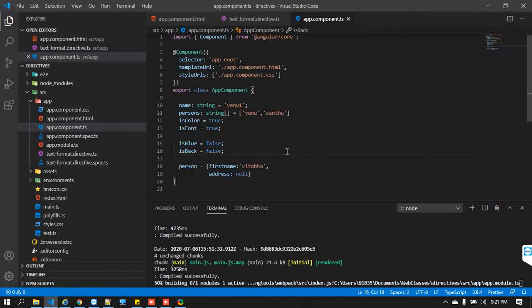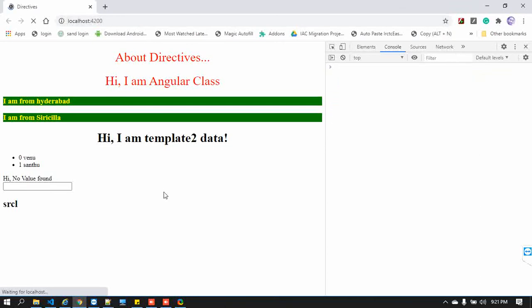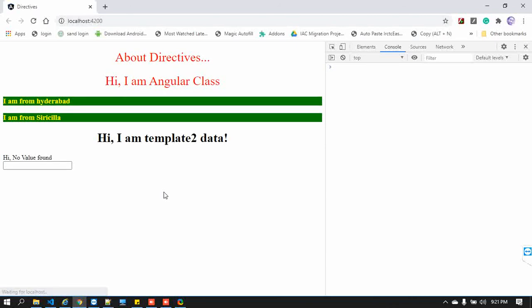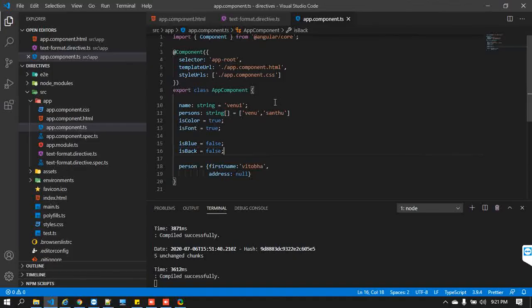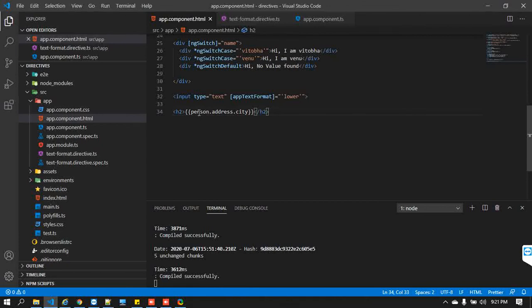Now we'll come back here. See, nothing is displayed, but you are still getting an error. Why? Because you were trying to pass the value where address.city is not available, so that is why it throws an error. But you are still forcing it to display the city.